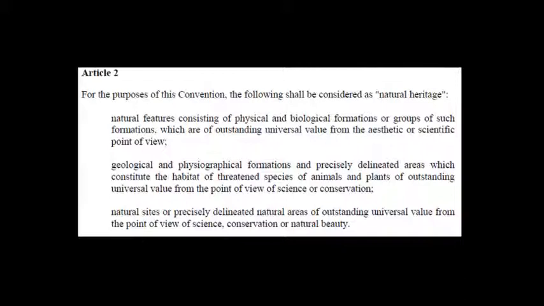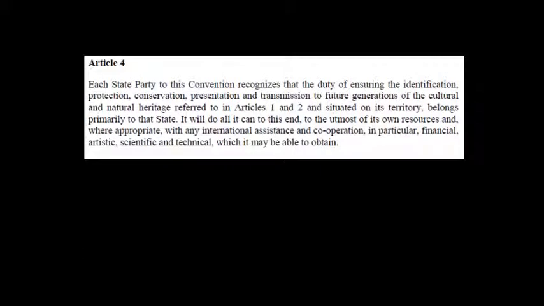So it starts with definitions again. And then Article 4 gives some of the obligations, or is one of the key obligations. Each state party to this convention recognises the duty of ensuring the identification, protection, conservation, presentation and transmission to future generations of the cultural and natural heritage referred to in Articles 1 and 2 and situated in its territory belongs primarily to that state. It will do all that it can to the utmost of its own resources and where appropriate